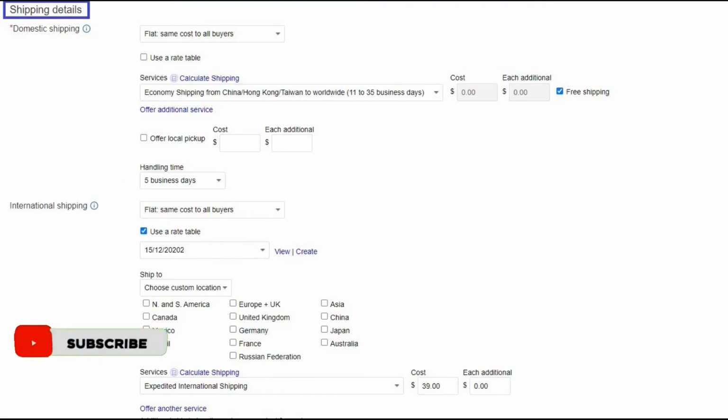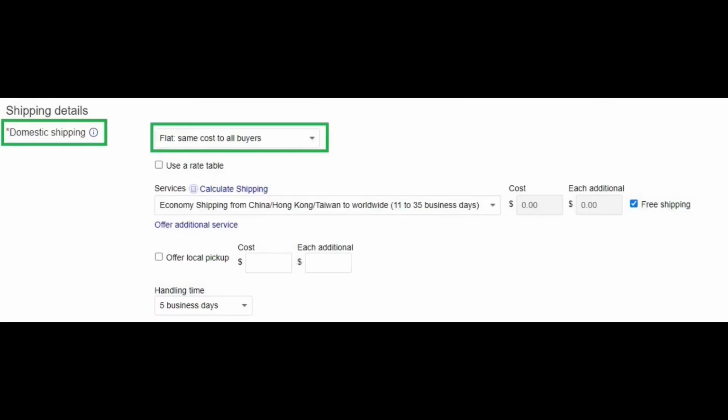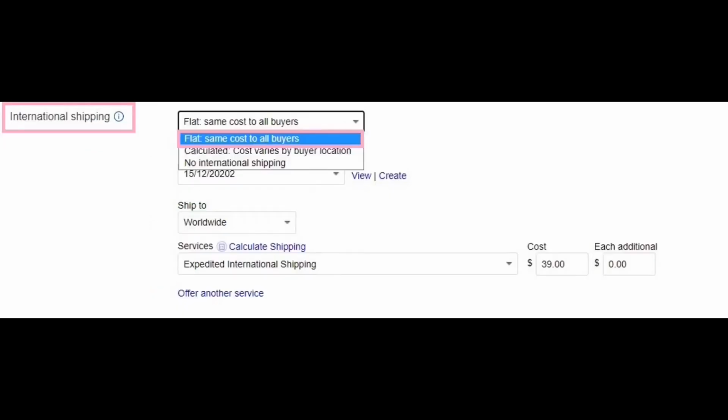Second one is how to set up shipping options. Let's talk about setting up your shipping options. The domestic shipping section defines the shipping options within the United States and to the United States from other countries. The international shipping section helps you to set up shipping options to all other countries in the world.